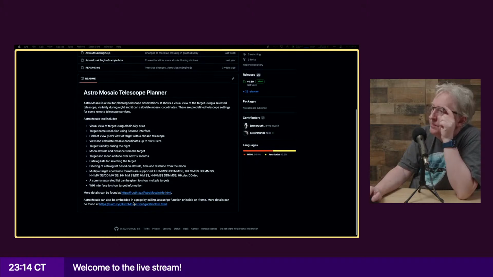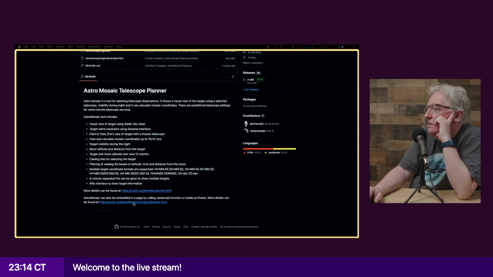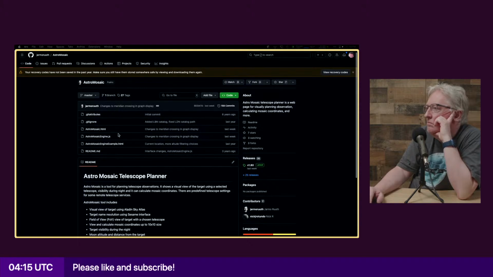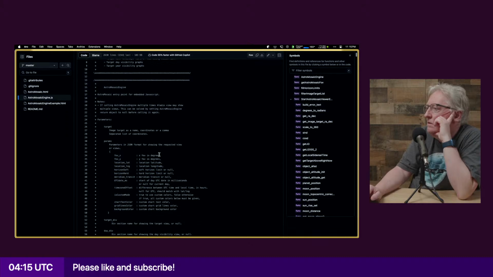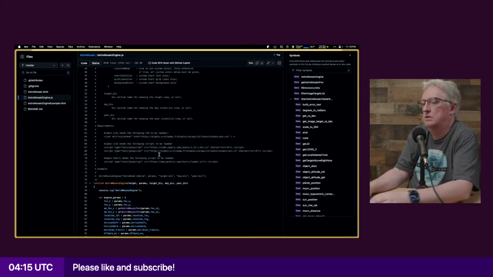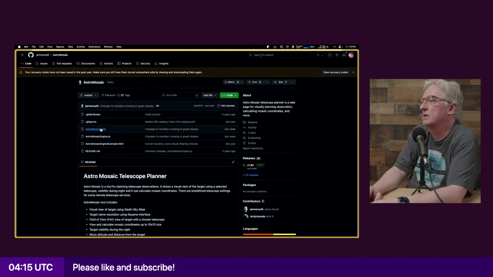So that would be a problem. Visual view of target using Aladin Sky Atlas. Let me see. Because I think I had looked into it, and it wasn't actually that complicated to do.